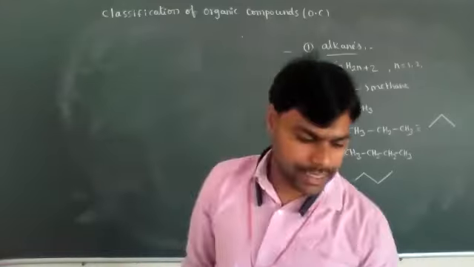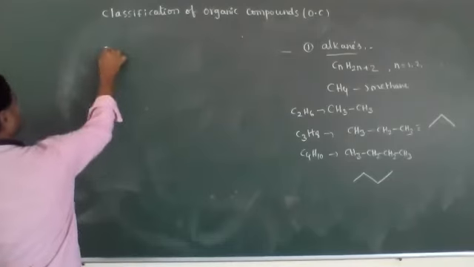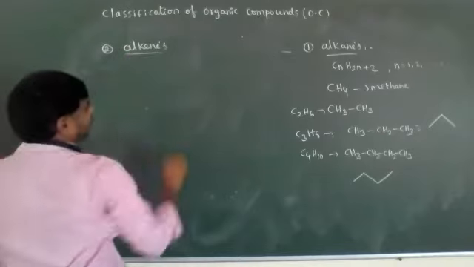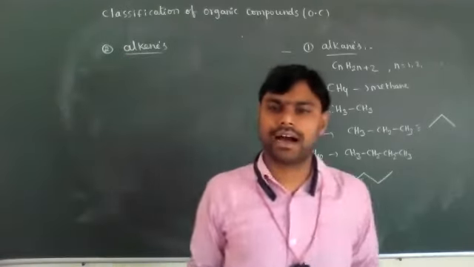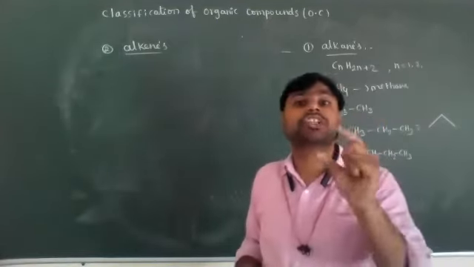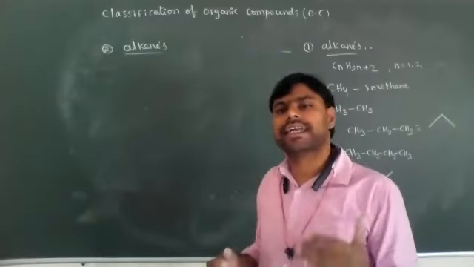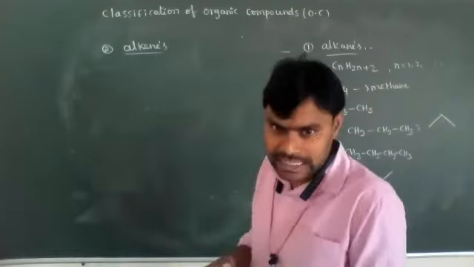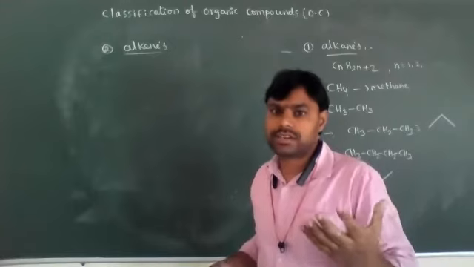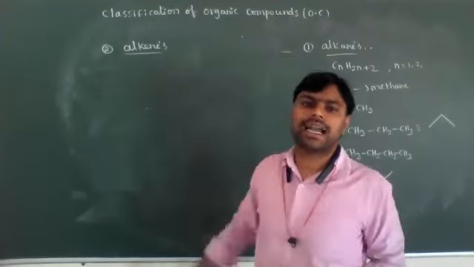Okay, dear students, let's listen. The second, alkenes. Alkenes means what, dear students? Compounds containing at least one double bond. Double bonds and triple bonds indicate unsaturation. Saturation means all single bond containing compounds are called saturated organic compounds. Those having double bonds present are called unsaturated compounds. These are called multiple bonds, present in alkenes and alkynes.